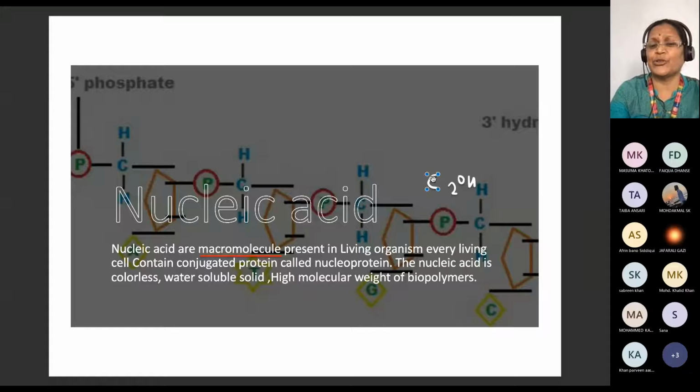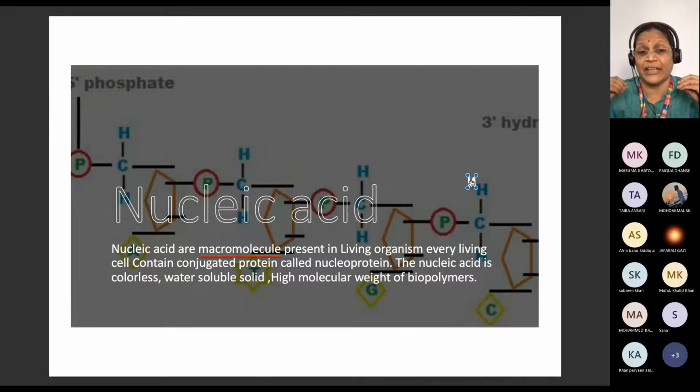So this is actually a polymer. That's why we have the word macromolecule. DNA is too small, na? But why are we saying macromolecule? Within all the molecules which exist in living organisms, every living cell will contain DNA and RNA. So in general, we call it nucleic acid. So these are the macromolecules. It is not a single molecule, it's a linkage, a polymer, right?